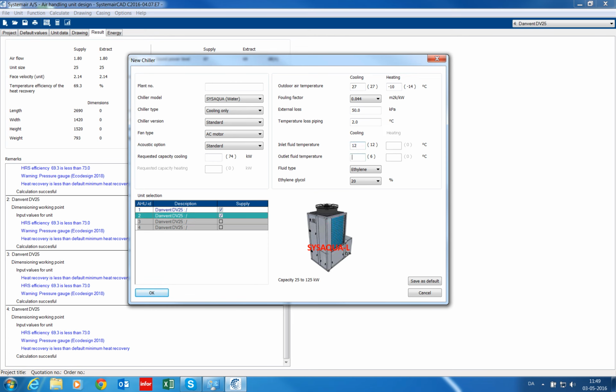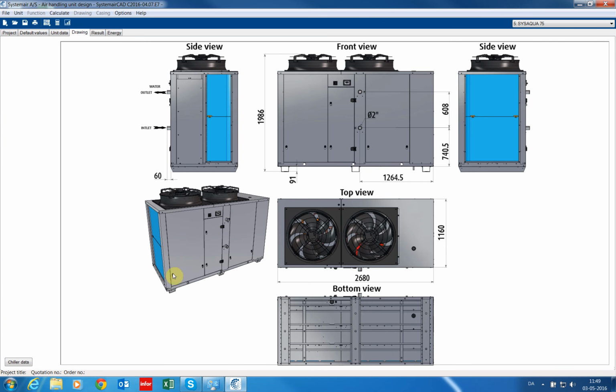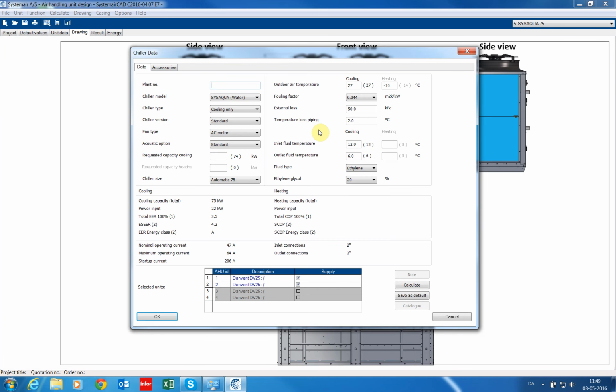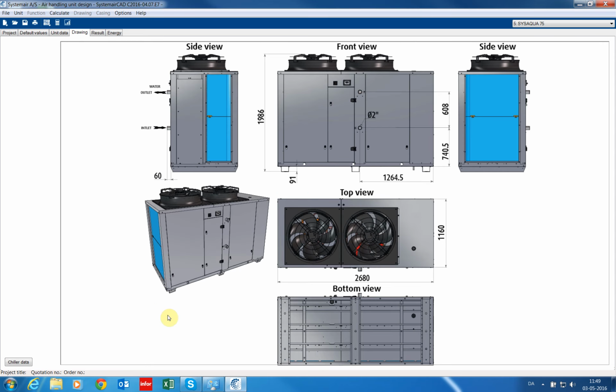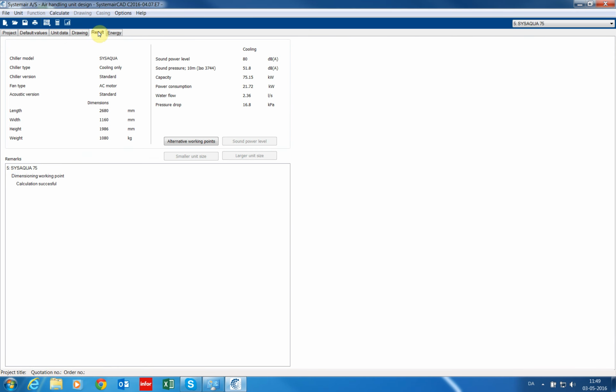Again, I'll just define the temperatures, and if I'm happy with the data I say OK. Again, here I can of course double click, and now I can also see the list down here, and if I would like to deselect one of the units, then it's possible in this dialog, but let's stick to the selections already done. Okay, go to Result, Calculation Successful.